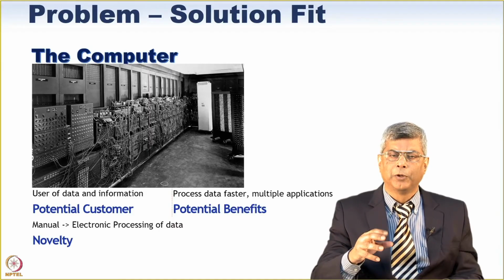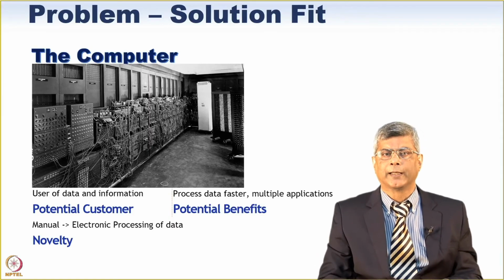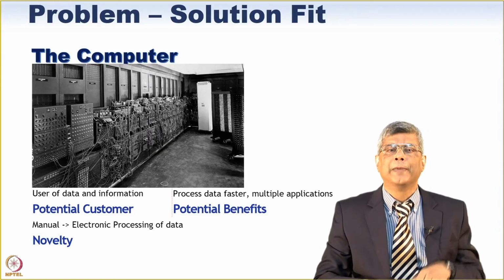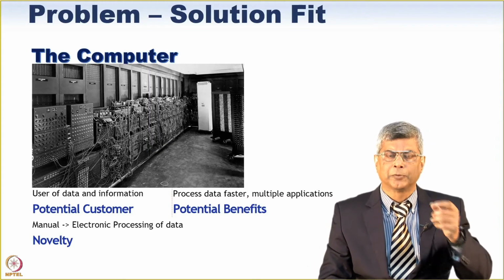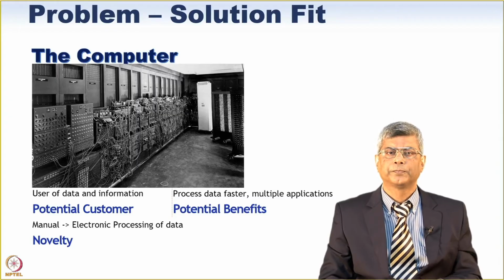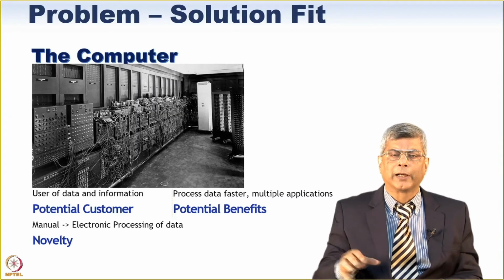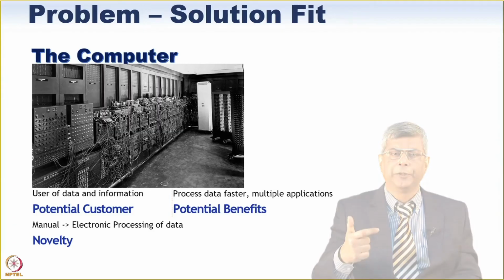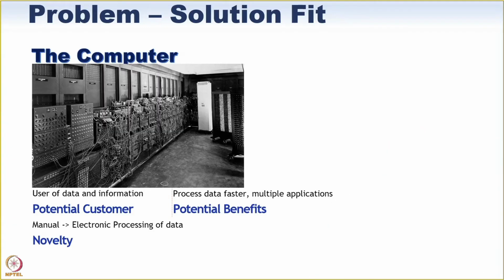The car will probably have one or two microprocessors inside it, the car that you ride or the bus that you ride. If you ride an aeroplane, it will have many microprocessors or microcomputers in it. So there are computers all around us today, better, faster, cheaper, with a lot of benefits. Let's look at the next example.